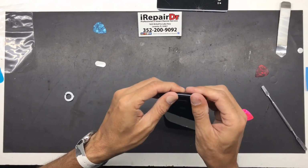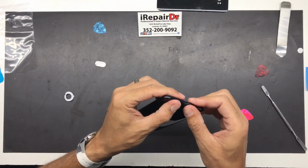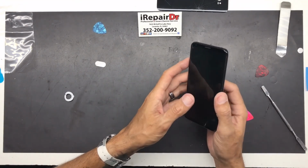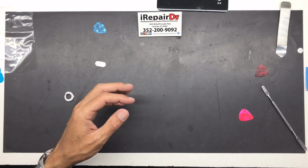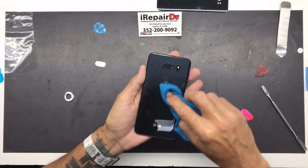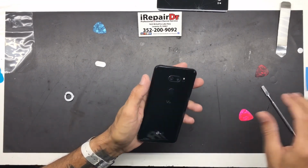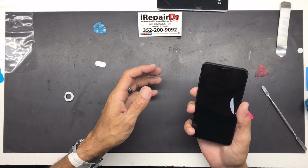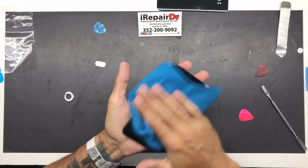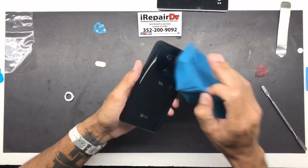I like to warm it up, get that glue active, get it nice and pressed in. And we can wipe off the screen. We have the V30